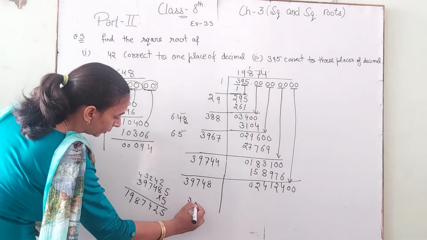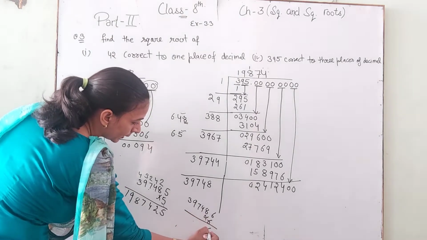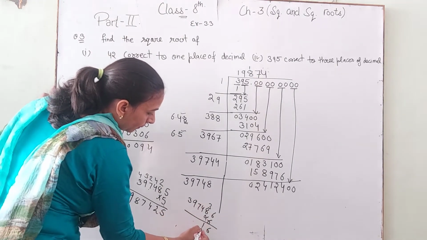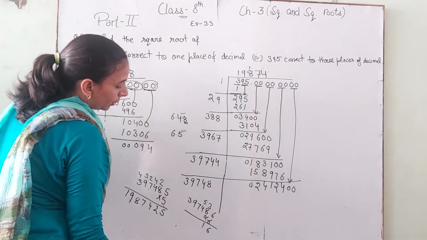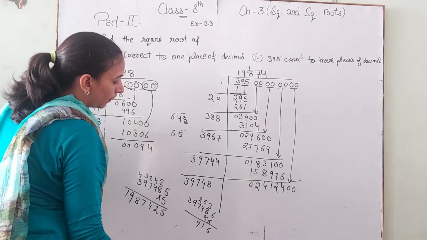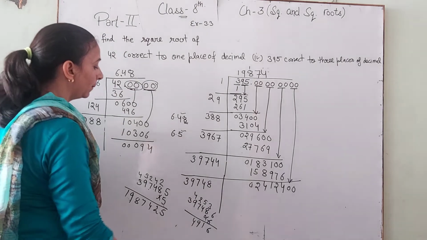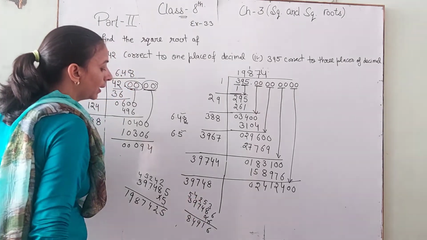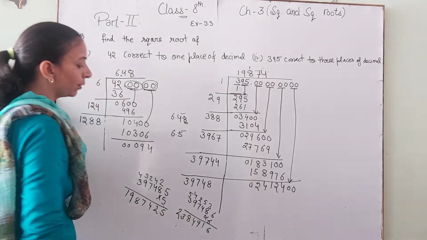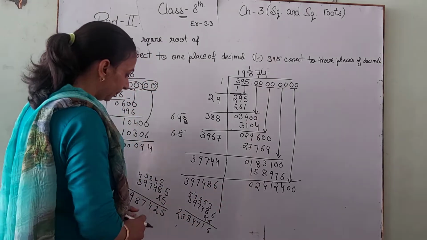So again we check 3, 9, 7, 4, 8 and 6. 6 6s are 36. 8 6s are 48, 51. Then 5, 6 4s are 24 and 29. Then 2, 7 6s are 42, 42, 44. Then 4, 9 6s are 54, 58. Then 5, 6 3s are 18, 18, 20 and 3, and this is also less. Okay, so we take 6 here because in 7 there is a greater.